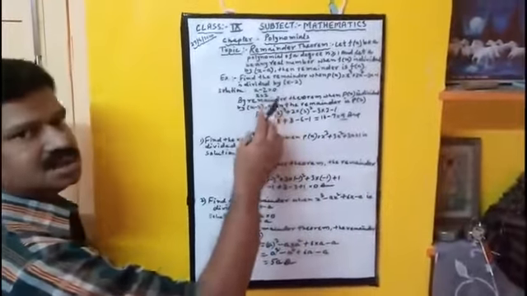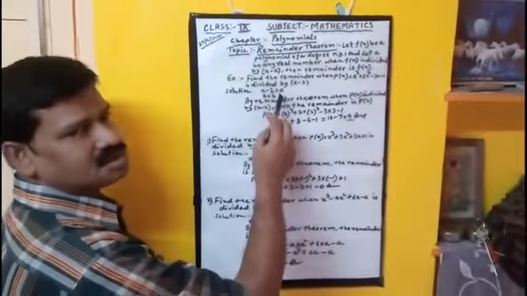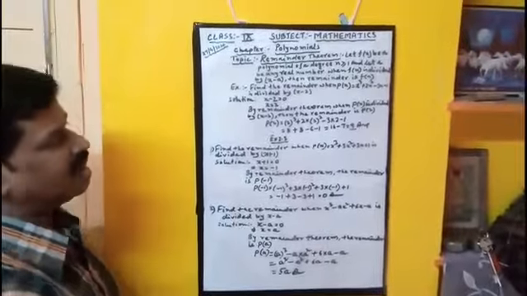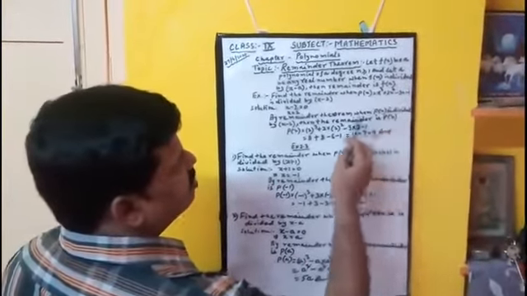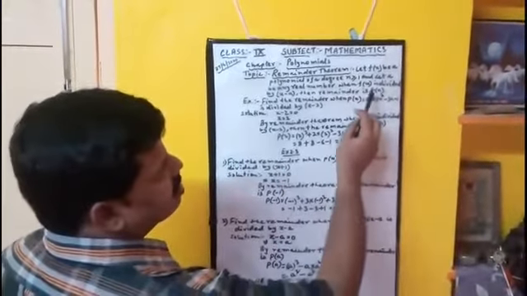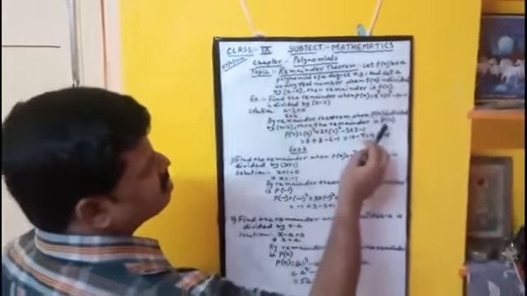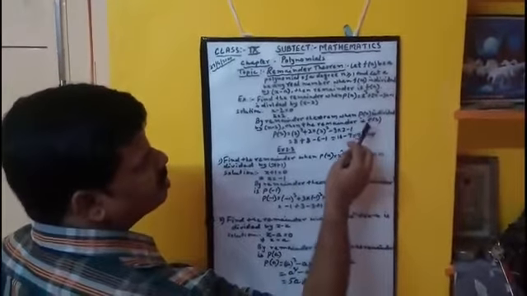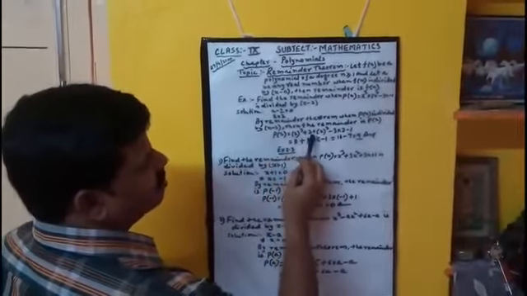As it is divided by x minus 2, so x minus 2 equal to 0, so x equal to 2. So by remainder theorem, when P(x) is divided by x minus 2, the remainder is P(2), according to this one, as here it is divided by x minus a. Now put that 2 in place of x in this way.